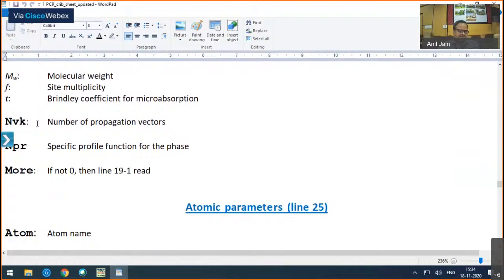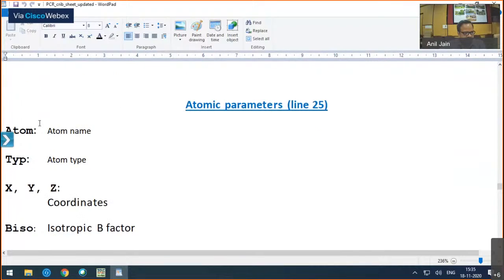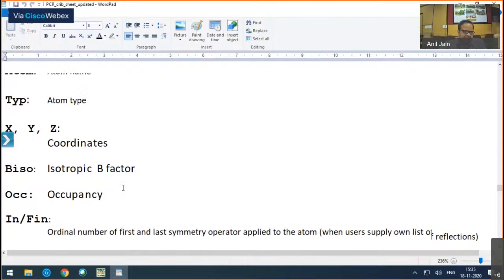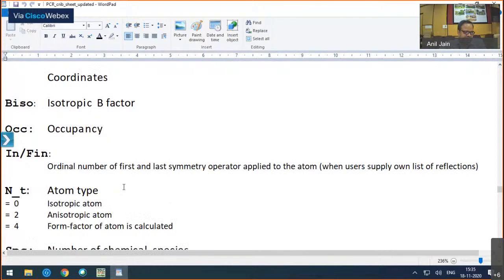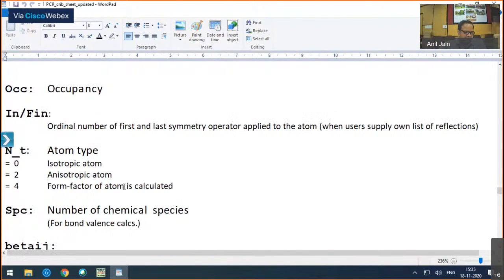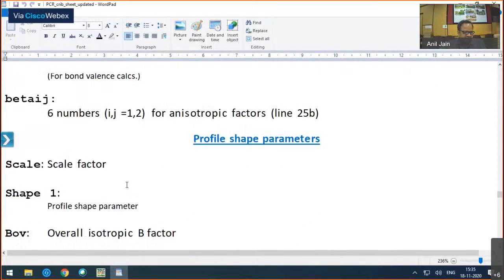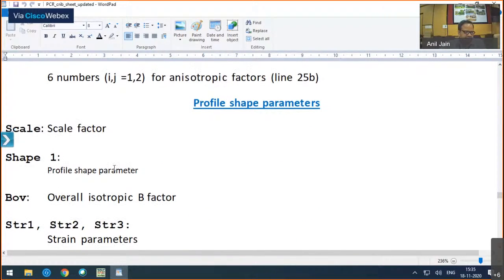This NVK, which is the number of propagation vectors, is helpful, and we will see it when we want to refine the magnetic structure. B iso tells you about the Debye-Waller factor, meaning the isotropic B factor. It can be anisotropic also. There's an option in this program to keep it anisotropic. The scale factor, profile shape parameter,